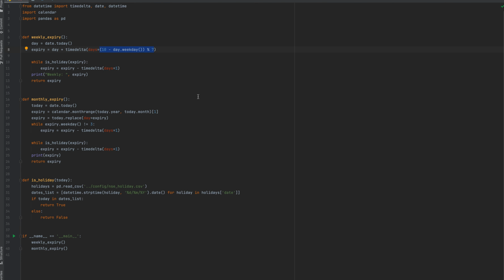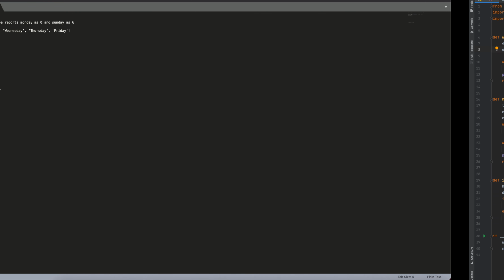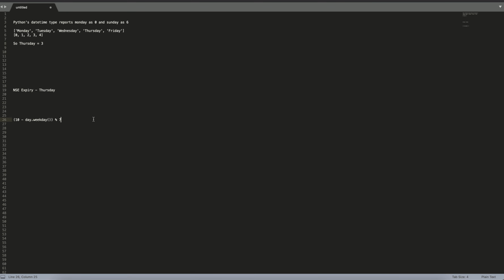So what exactly I'm doing here is 10 minus weekday. Let's say the current day is Wednesday. The weekday in numeric form will be 2, because 0 is Monday, Tuesday is 1, Wednesday is 2.